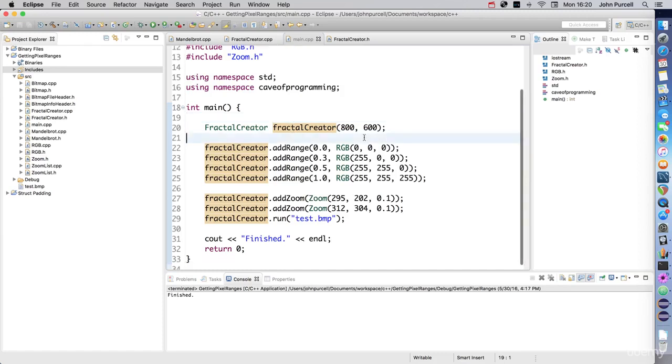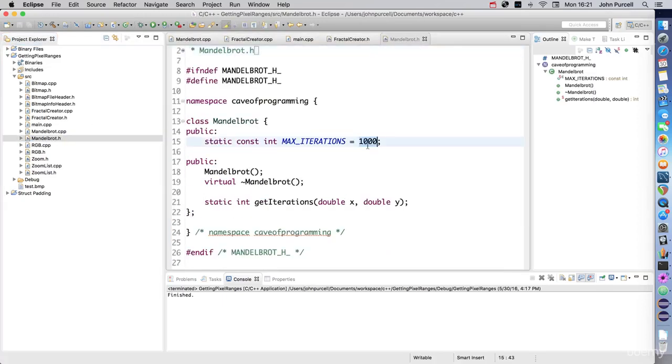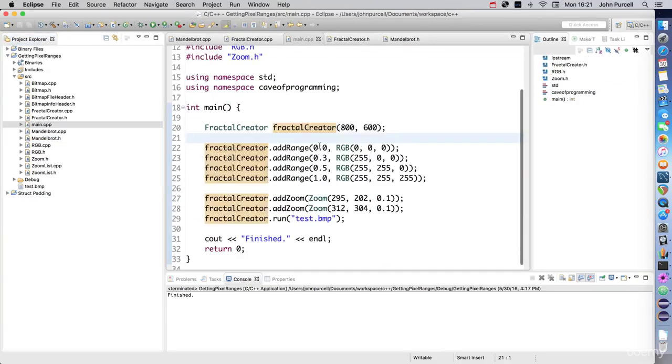So what we basically need to do is figure out which range a given pixel is in. For a particular pixel we apply our algorithm and it gives us a number of iterations, and the iterations we've set somewhere to be equal to 1000 here in Mandelbrot.h. Then in main.cpp we specify the colouring for different ranges, for different numbers of iterations of pixels. So these we've specified as floating point numbers, but they're going to get multiplied by that number of iterations. So we're saying that if a pixel has a number of iterations from 0 to 300, then it's in the